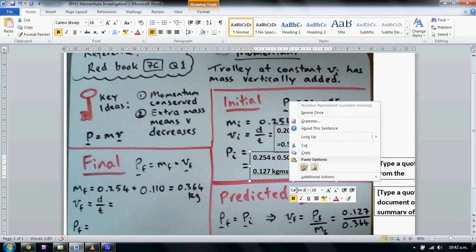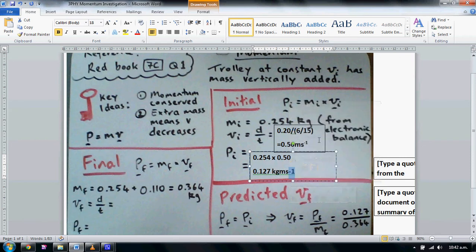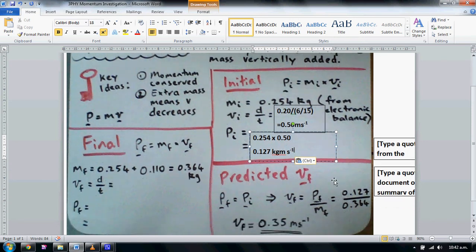Okay, quick and easy way: copy the units, paste. There we go. Okay, so using that information, 0.127 kilogram meters per second, for our initial momentum, our final momentum